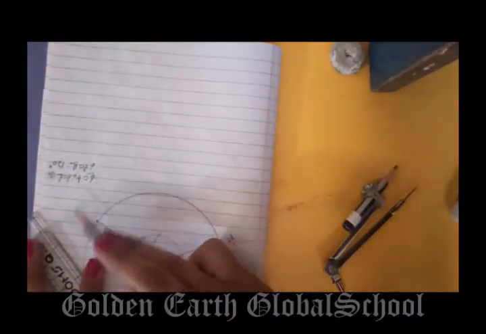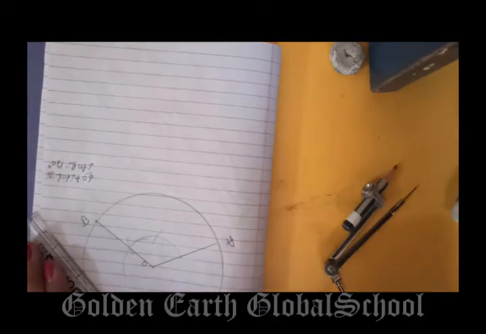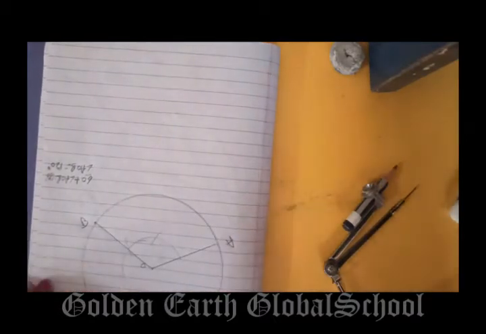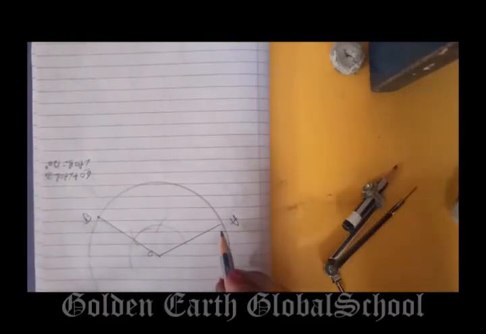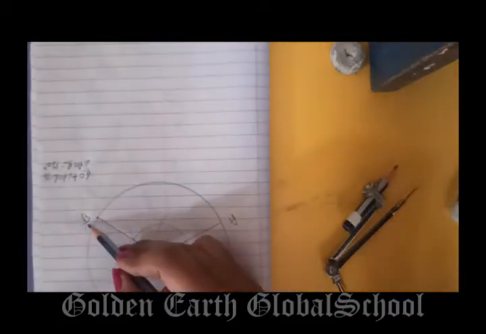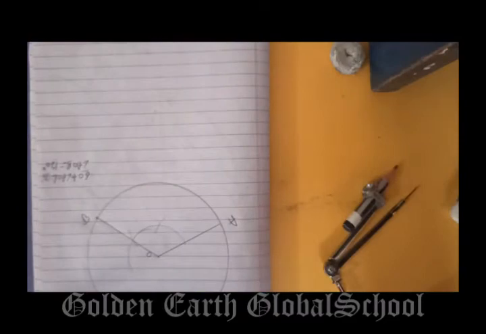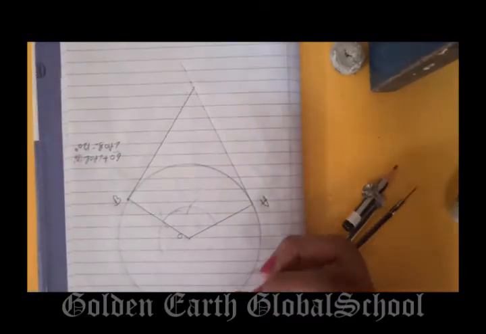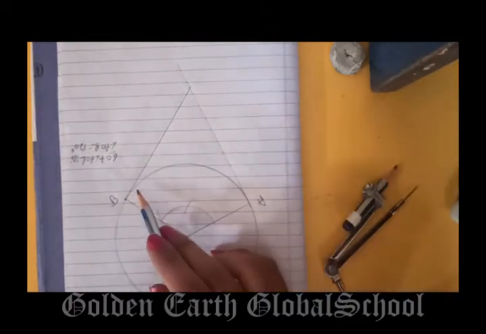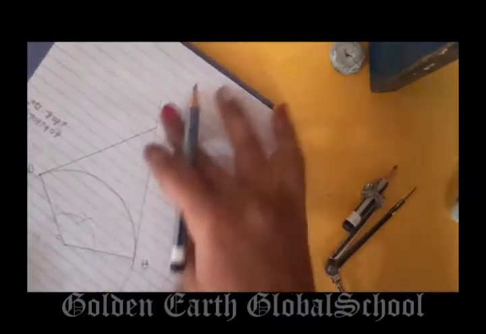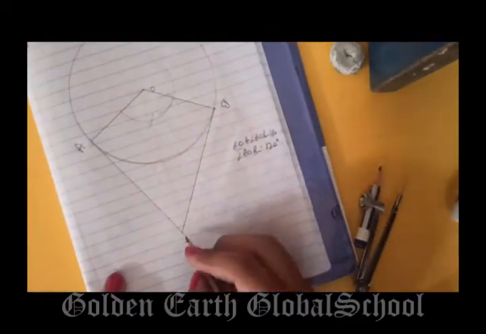Now we know the radius is perpendicular to the tangent. So at point A and B, draw two 90 degree angles, from point A and from point B. Like this, you can make it with the help of your set square or with your compass. Clear? So this is your P point.